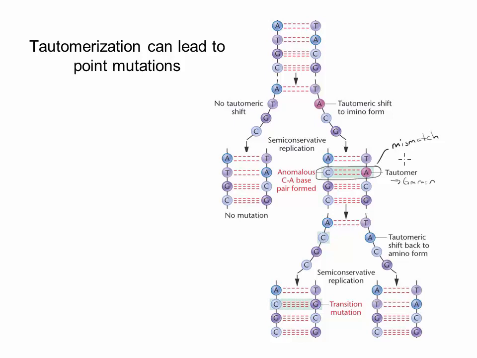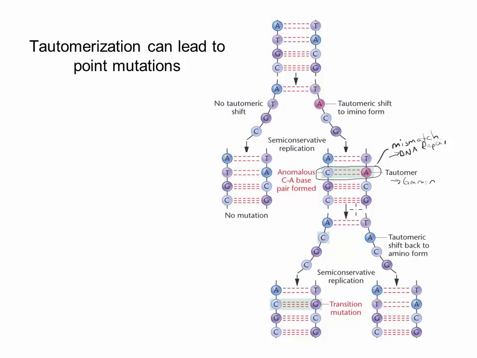The cell has enzymes that are constantly surveilling the DNA and looking for weird distortions that are caused by incorrect base pairing, these sorts of mismatches, and will recruit DNA repair enzymes to remove that incorrect, newly incorporated bit of DNA and replace it with the correct sequence, right? So this can be a stimulus for mismatch repair to occur, but if the cell doesn't detect this mismatch and